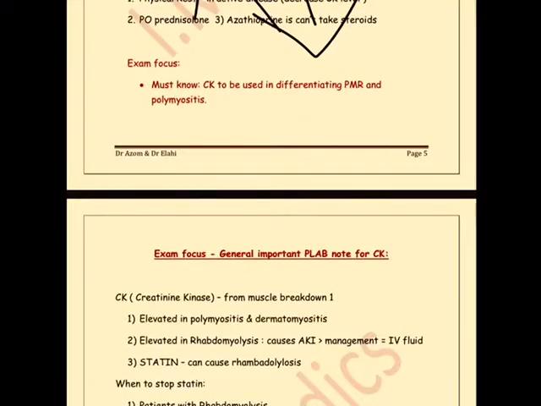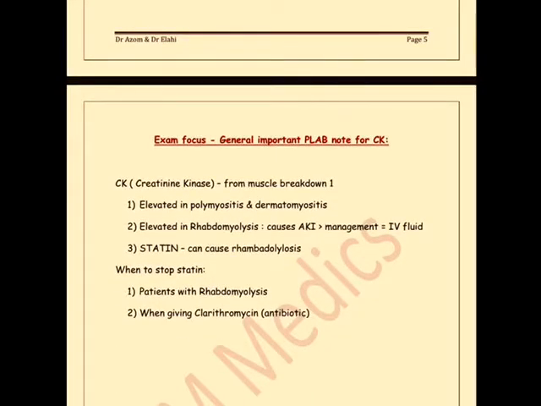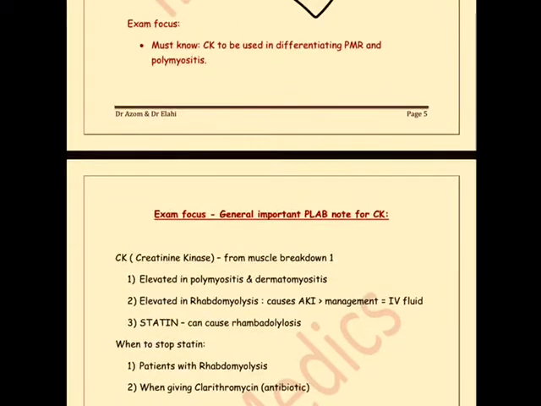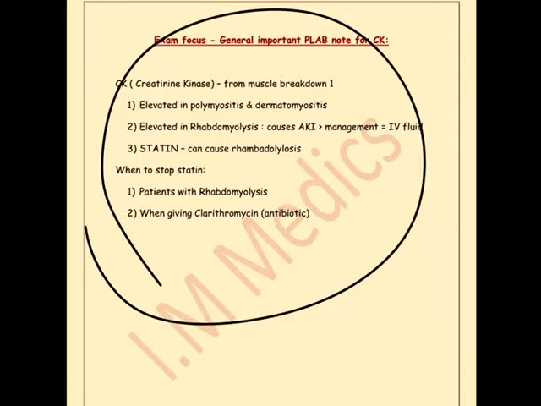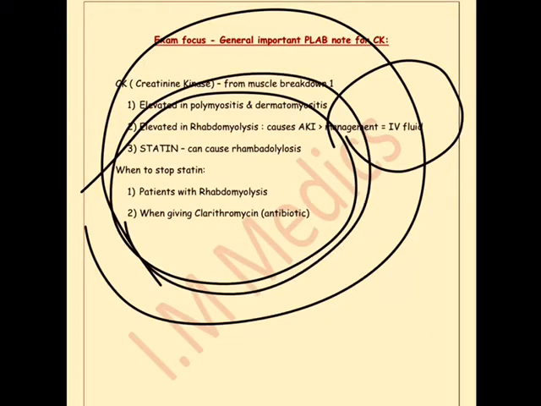Exam focus, you need to know the differentiation between polymyalgia rheumatica and myositis and polymyositis. CK is very, very important because I mentioned a general point here. CK, you will have a high in rhabdomyolysis, you will have a high in polymyositis, and also in rhabdomyolysis the management will be IV fluid, which we'll do later on, and other few things that are important in Plab in association with CK. This is just a general point. We'll do it later on, but I'll put it here because it's super duper important and it's